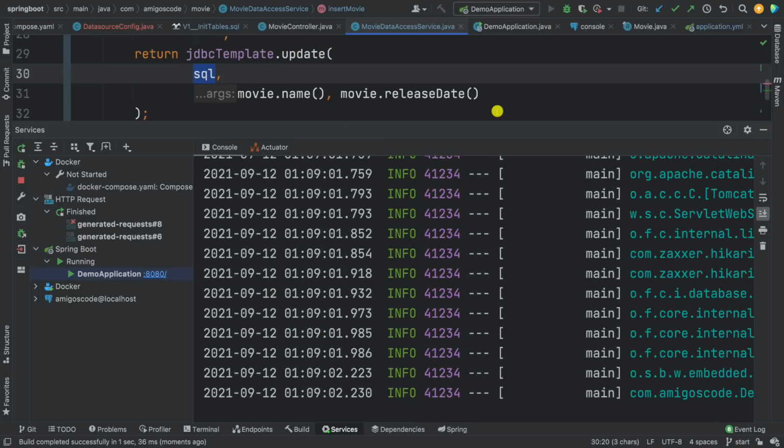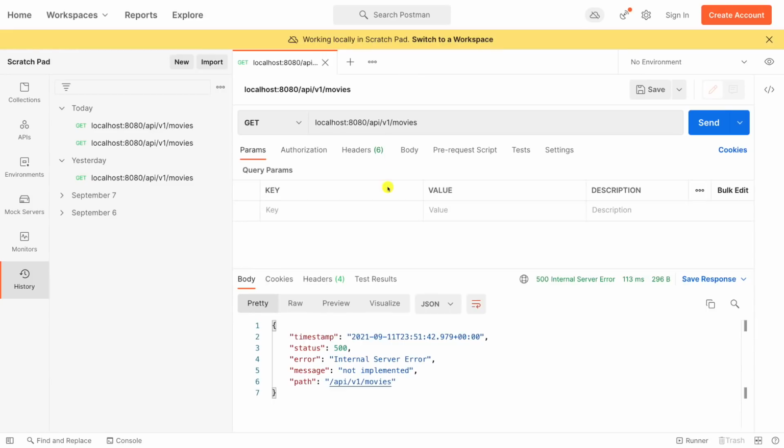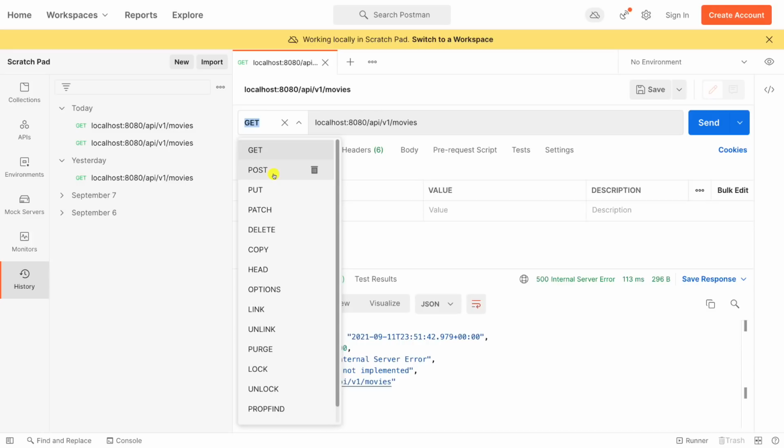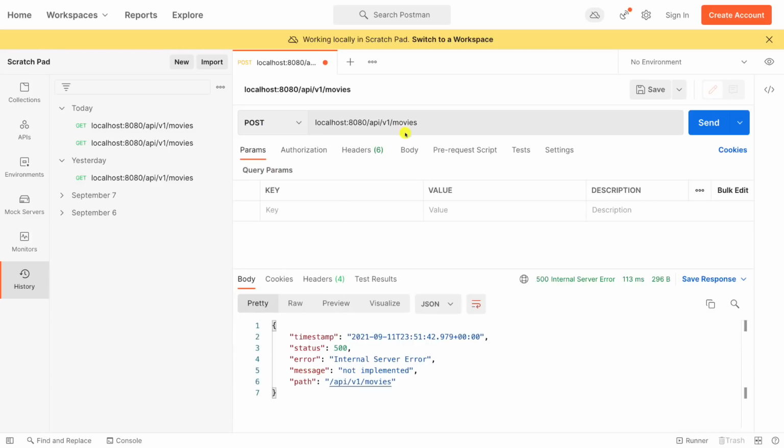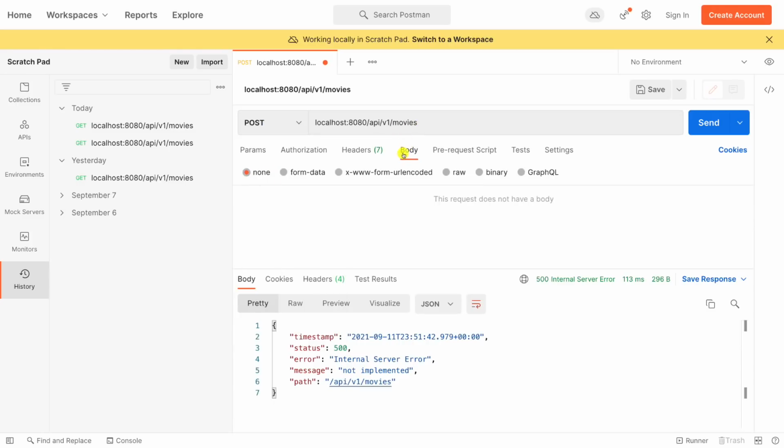So here, let me open Postman and let's try to send a post request. So here we're going to say we want to have a post request, and then in the body in here, select raw and then text JSON blob. And here, this has to be a JSON blob. So here we need to send the name, and let's say that this is Avengers,